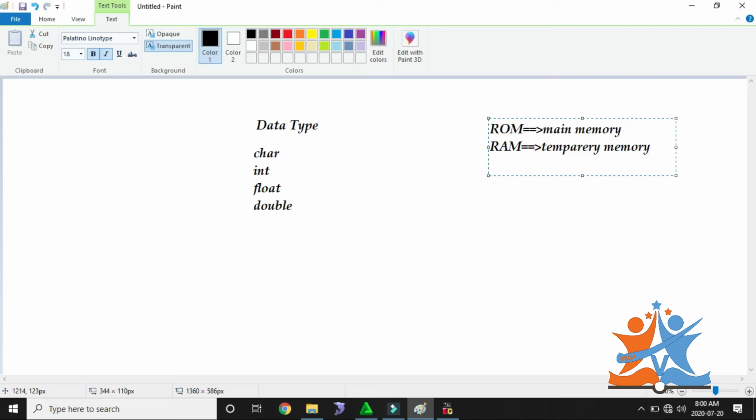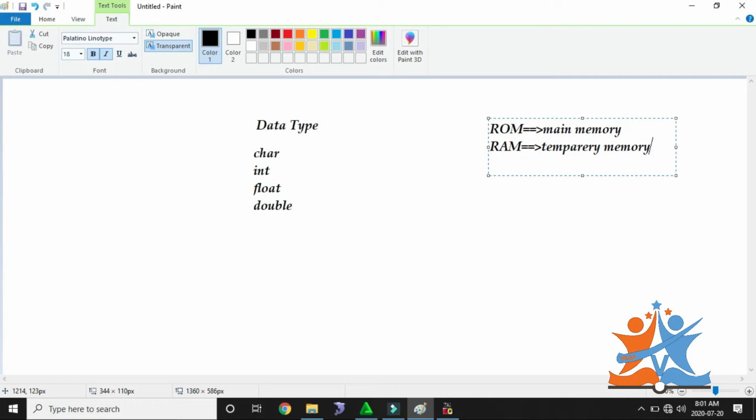So what do main memory, permanent memory and temporary memory mean? Permanent memory is whenever you write some information in your system, you save it in a file, and after shutting down and restarting your system, the data is still available.